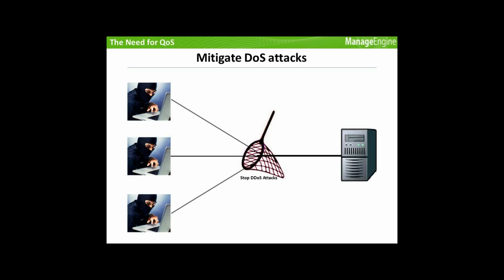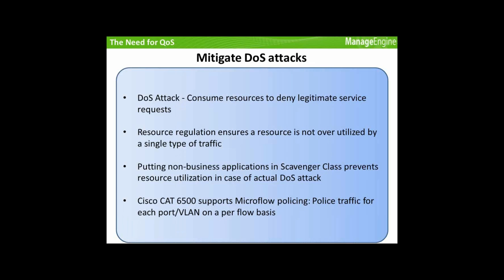Now, something else that might not have been widely recognized or used is DOS attacks. So you can stop DOS attacks to an extent with quality of service. So what is a DOS attack? It consumes resources to deny legitimate service requests. So resource regulation is an important factor for controlling or for stopping DOS attacks, and QoS is what you can